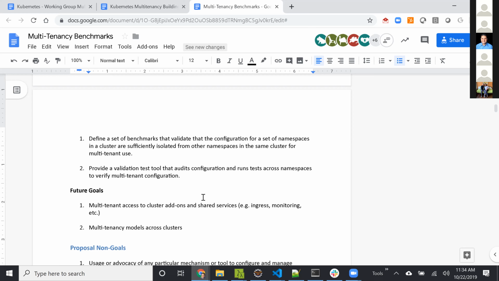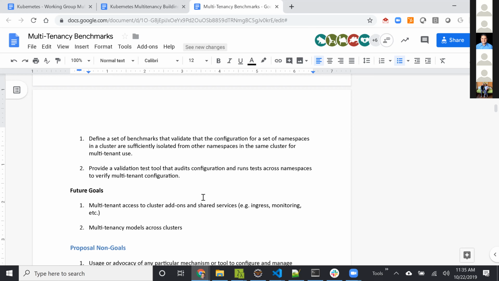But the CIS benchmarks kind of have security in the title. Well, CIS is the name of the organization, but the benchmark is for Kubernetes. It's not for Kubernetes security. It is an overall benchmark for Kubernetes. Yeah, they happen to be a security organization. We happen to be a multi-tenancy working group, so we're building a benchmark for multi-tenancy. And naming things is always hard.